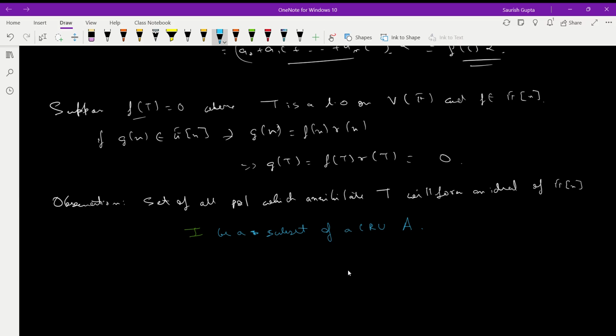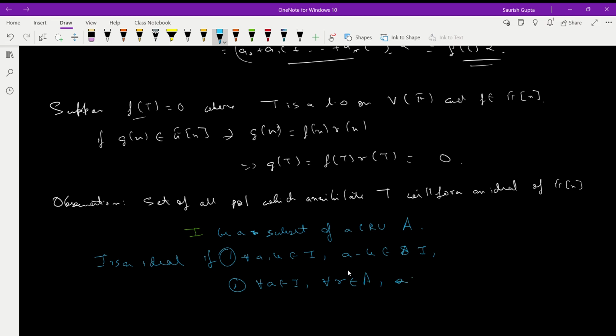Okay, so let I be a subset of a commutative ring with identity, say A. Clear? We are considering a commutative ring to avoid the concept of a left ideal and a right ideal. So I is said to be an ideal